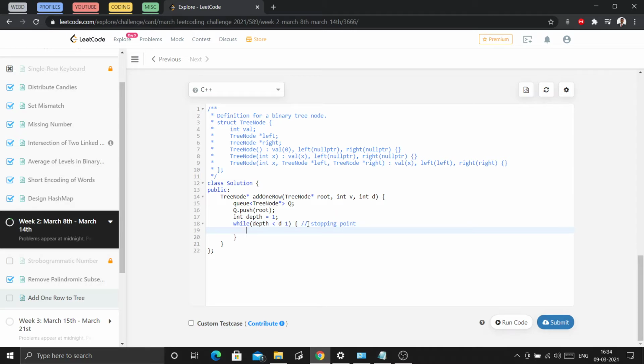Now I will iterate over the queue to check whether I have reached that level or not. Let's iterate over it. I'm iterating over the queue. Okay, size here.